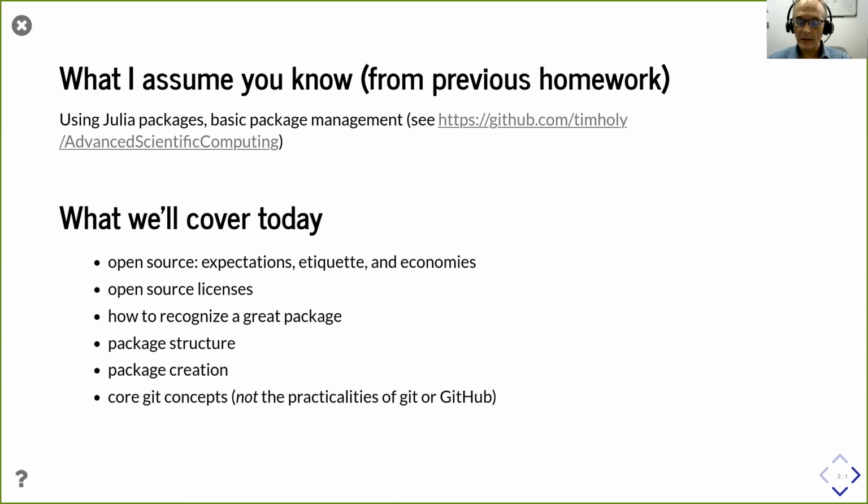So I'm even going to talk a little bit about the expectations you should come to and not come to when you're coming to open source. A little bit about open source licenses. How to ensure that things you invest in are likely to go somewhere, which often comes down to recognizing a great package from one that maybe isn't in such good shape. Then I'll talk briefly about the standard structure of Julia packages, briefly about package creation, and then the rest of the lecture will focus mostly on the core